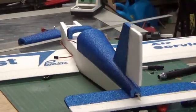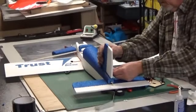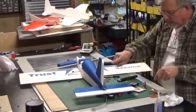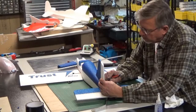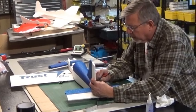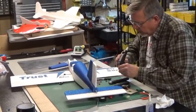I'm going to figure out about where I need my control horn here, and I'm going to get it down near the bottom so that everything's kind of in line, and you want to kind of eyeball that, make sure that it's going to work good. But I'm down here near the bottom. I'm going to cut a little slot in there. I'm going to take my, actually I'll probably put my glue on my control horn,